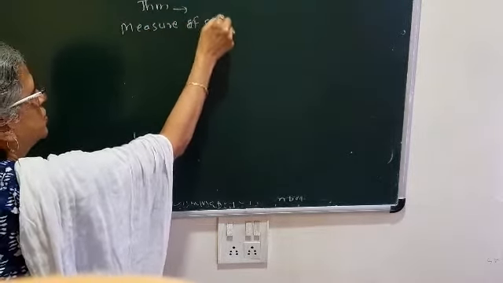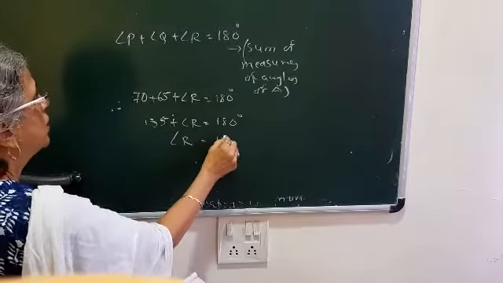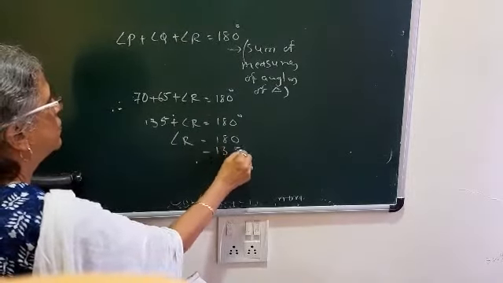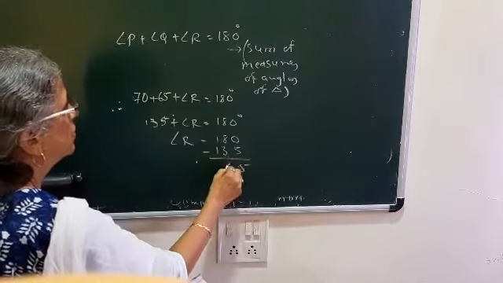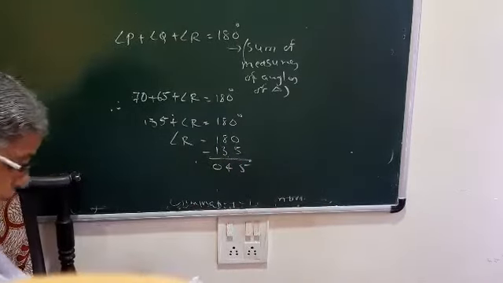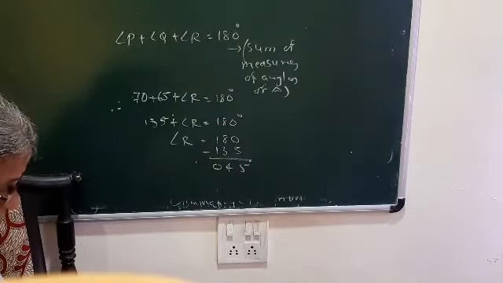Therefore, angle P plus angle Q plus angle R we have to find out is equal to 180 degrees. So 135 plus angle R equal to 180 degrees. So angle R equal to 180 minus 135, 45 degrees. Alright. Third one, the measures of angles of a triangle are x degrees, x minus 20 degrees and x